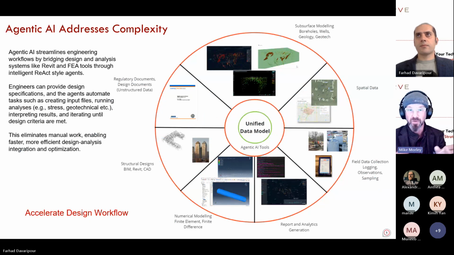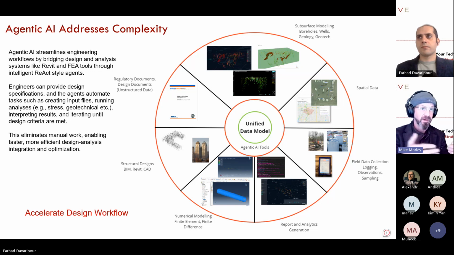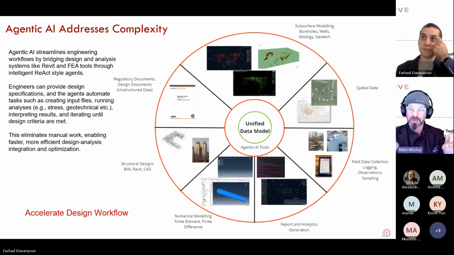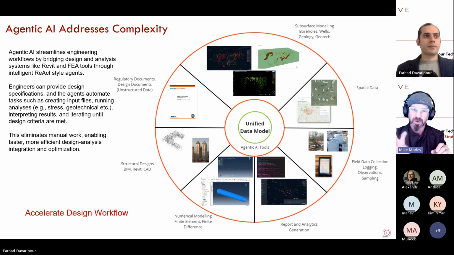what this does is agentic AI addresses this complexity. So it's going to and will allow us to streamline engineering workflows by bridging the design and analysis, by coupling, allowing us to essentially turn systems like the one Farhad's going to show you today into tools by registering them in the context of an agentic workflow. So then the engineers can go, here's the criteria that I want to try and meet in terms of my design, and then provide that to the agents, which then determine which of the tools they need to run to